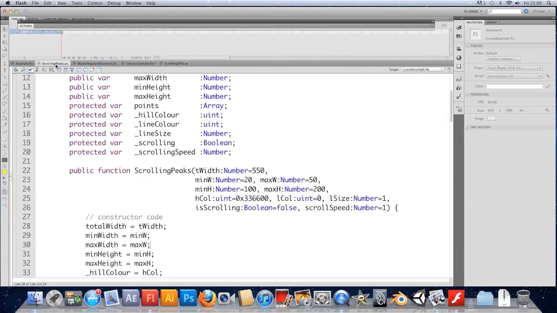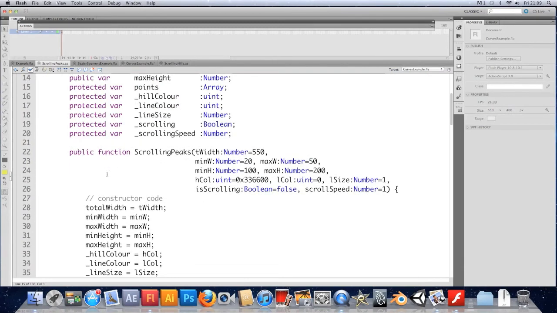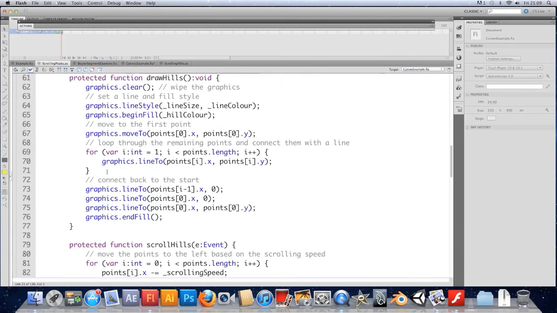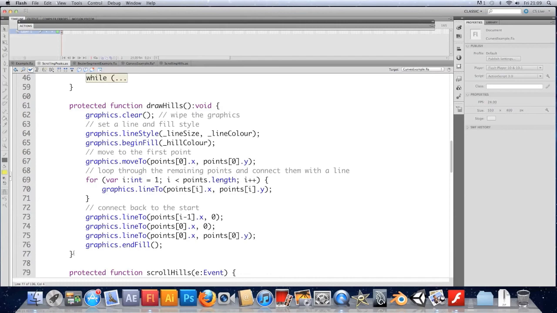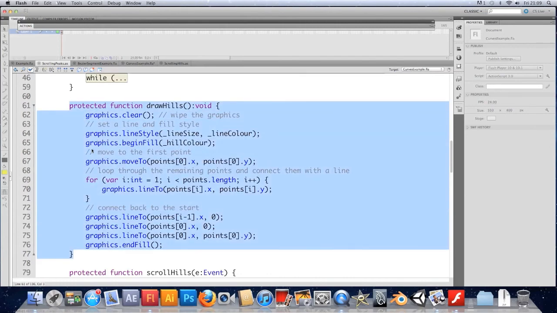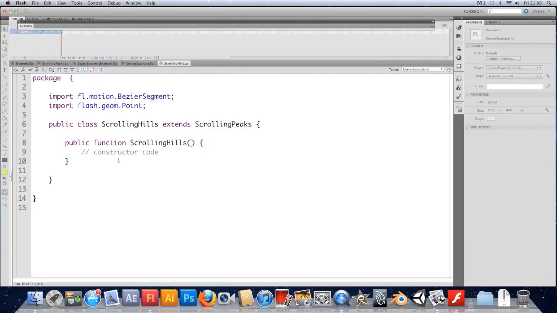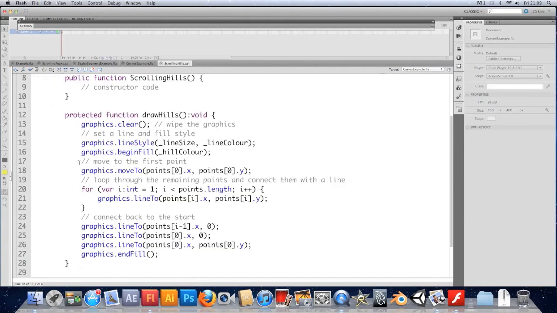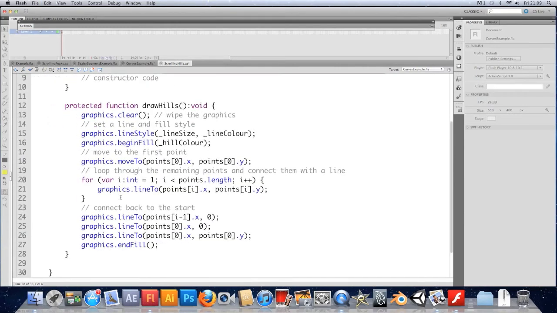I'm just going to hop into the Scrolling Peaks class and find the draw function. So the draw hills function, I'm going to copy the whole thing. Come back to my Scrolling Hills and paste it underneath the constructor. Now this on its own would cause errors because we already have a draw hills function, but what we can do in this Scrolling Hills class, because it's based on the Scrolling Peaks class, is override this function by typing override in front of it,